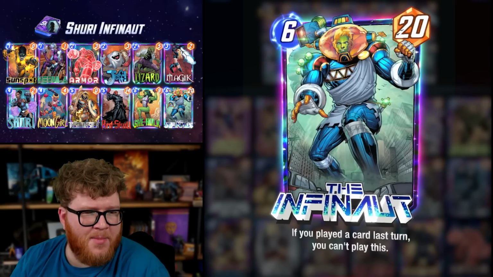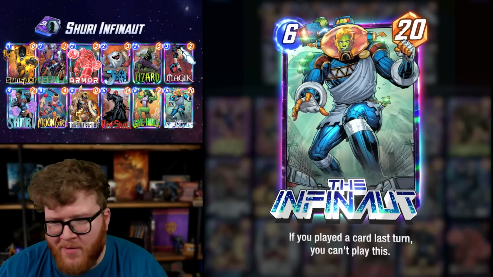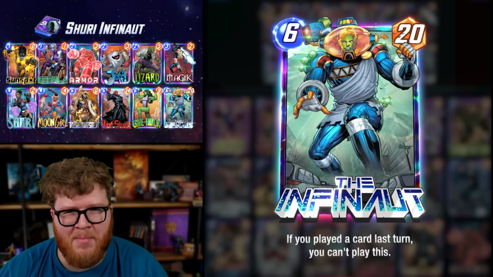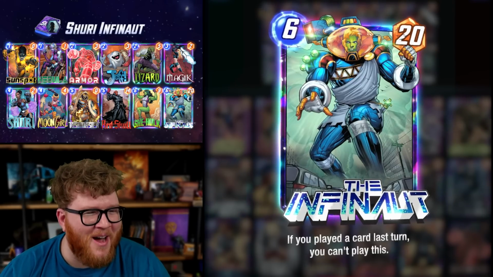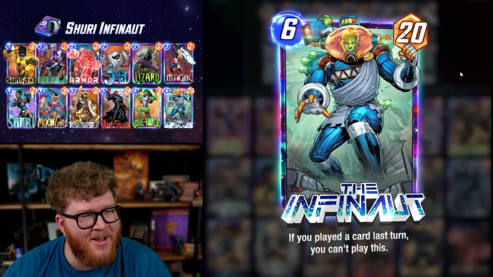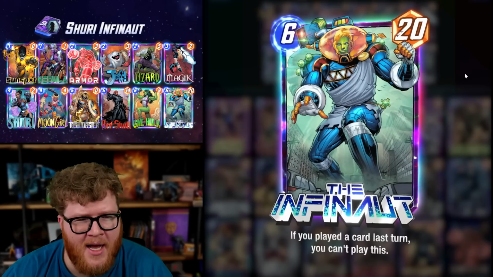So look, Infinaut is a big card, right? 20 power, the highest natural power in Marvel Snap, but he's not big enough. I need him to be bigger. So I built this deck that's all about using Shuri to double up your Infinaut, which used to be a